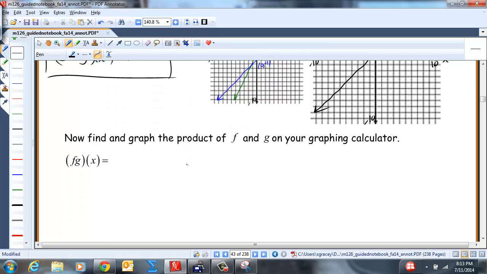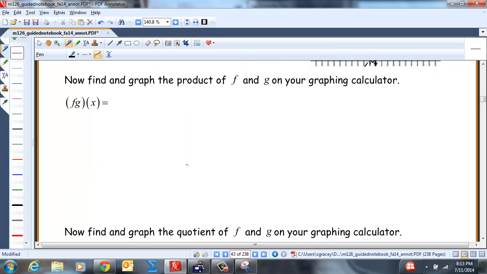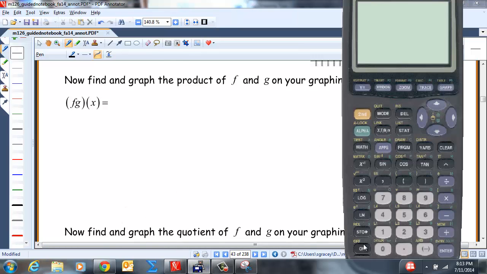Okay, so now the product and the quotients are a little different. So let's go ahead and graph those on our graphing calculators. All right, so I'm going to go ahead and graph all three. So if we go to our y equals menu, we'll clear this. So y1 is f, which was 2x. y2 was x minus 1. And then y3 is going to be